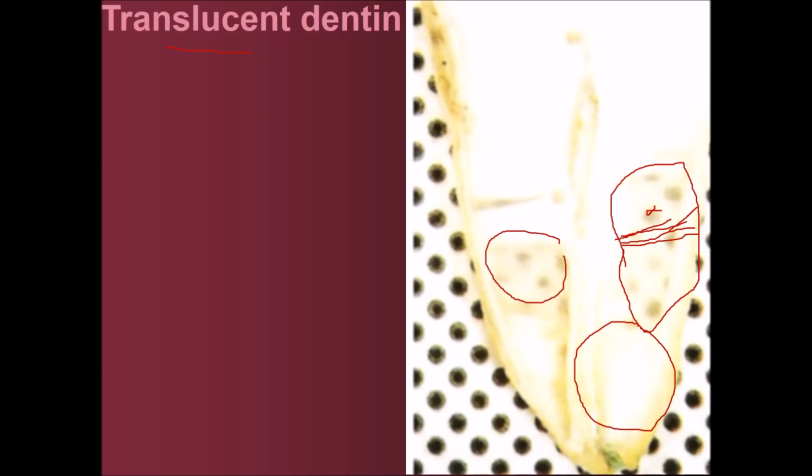This is a longitudinal section. You can see here, this area, we can see the spots behind. Look at these spots. This is a transparent area. Why? Because all the dentinal tubules in these areas have been obliterated by the dentine. In this area we cannot see the spots behind. Why? Because the dentinal tubules are open, so they will entrap air and fluid, so we cannot see behind them. This is the translucent dentine, a normal physiological process. If we have a cross section in this area,